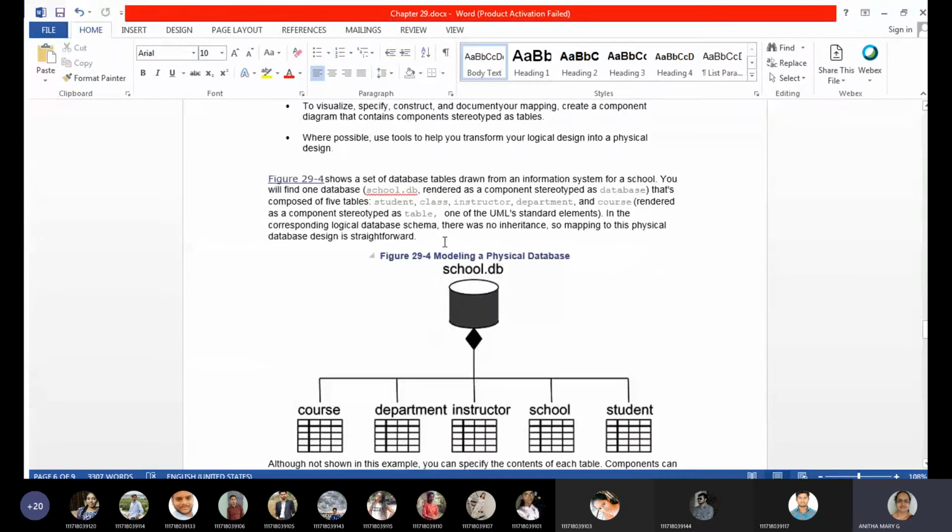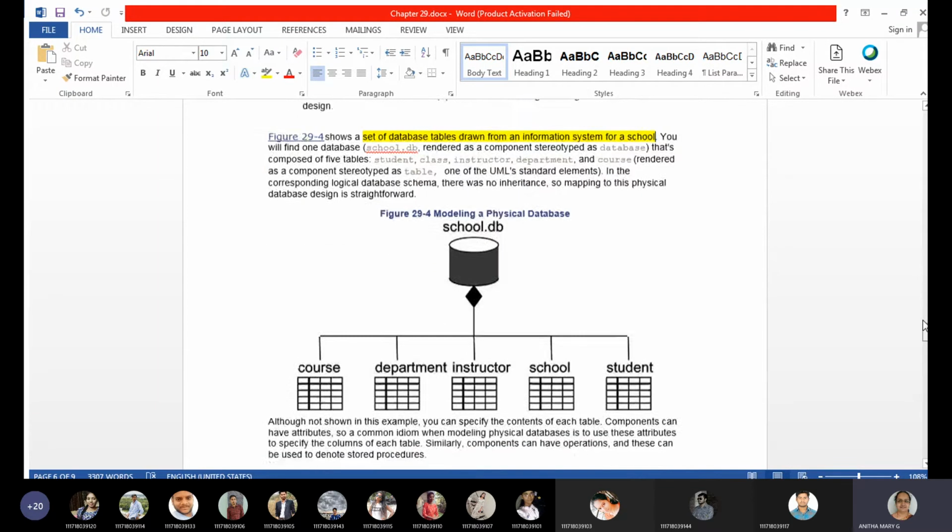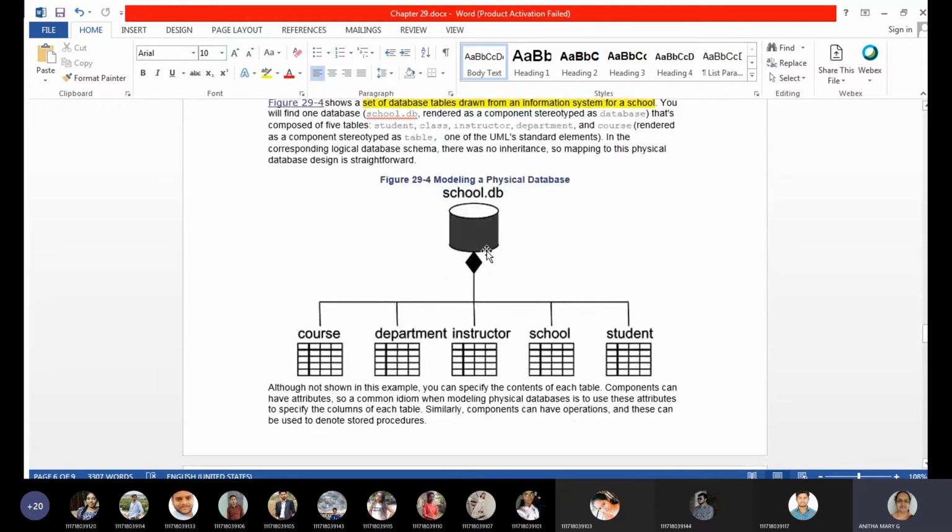The example given is a set of database tables drawn in the information system for a school. school.db is the database. The physical database here means not only the distribution environment of that, but also the logical aspects. When we are talking about a database, maybe you have done your mini projects, right?